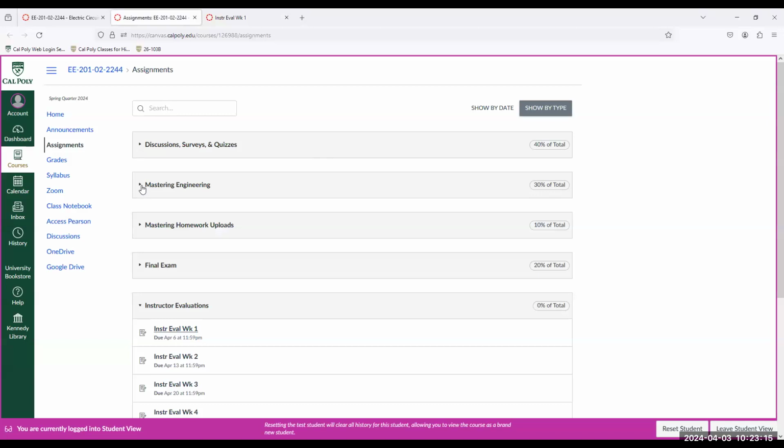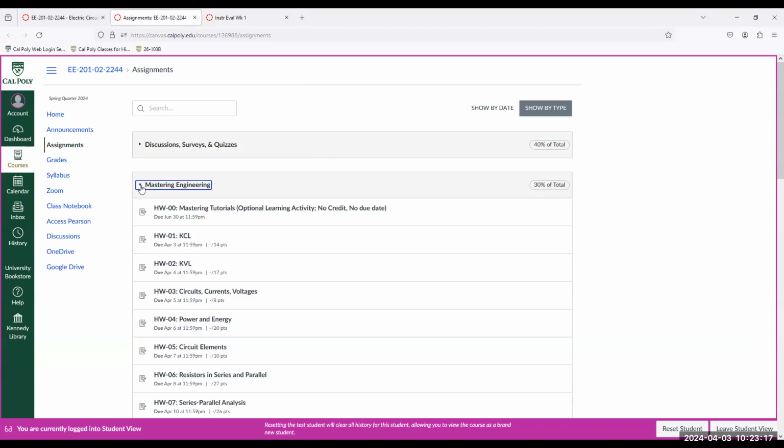Assignments, as I was saying, are on Mastering Engineering. There is a purchase price to be paid for the access code. I've negotiated and bargained with Pearson to bring this down. I believe it's 52 right now. It used to be 65 or 70, but I brought it down to 52. If you have any concerns regarding this, please reach out to me as soon as possible. But I believe this will provide you the best learning opportunity for this class and this material.